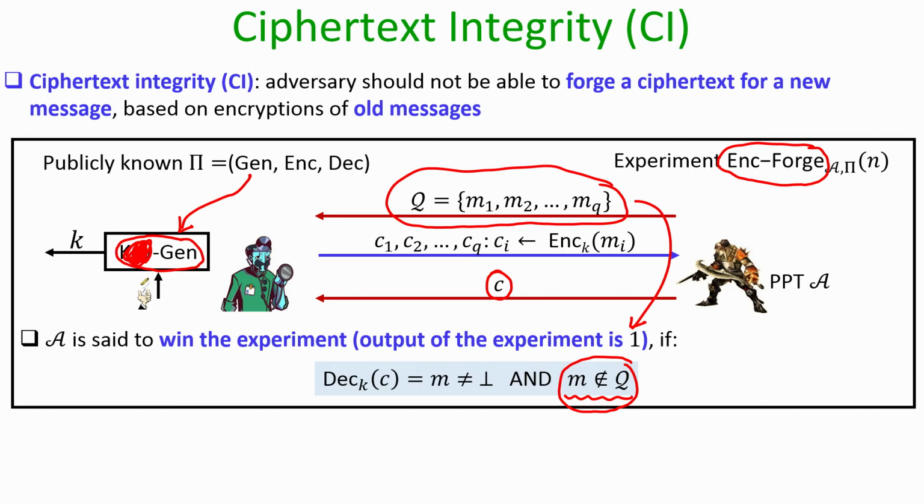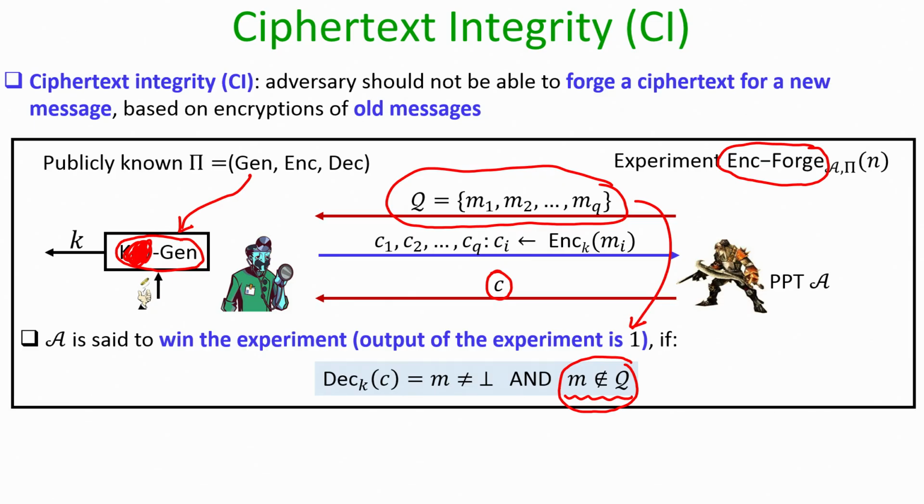If we do not put this restriction, then there is a very simple strategy for the adversary to win the game, namely it can set C to be any of the C_i values that he has seen as a response to the queries that he has asked from the experiment. And that can be considered as some kind of replay attack, where the adversary is simply replaying or just inserting a ciphertext which has already been legitimately communicated by the sender to the receiver. But replay attack is not what we want to prevent through this ciphertext integrity property.